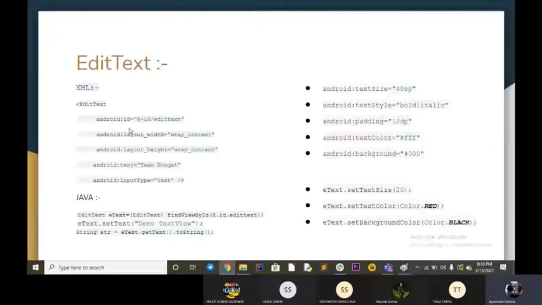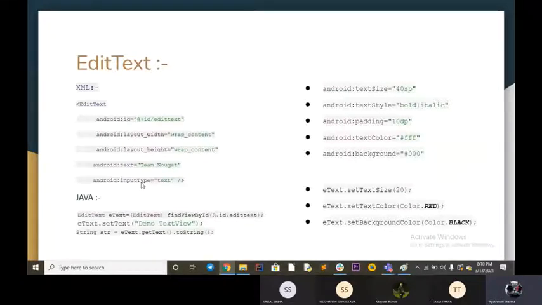Layout fit is the same. We can give it wrap content or match parent depending on our preferences. Now we have the text that we want to show in that EditText view, and the input type. You have seen that in some input types we have to give the email, in some we have to give a phone number, and the keyboard automatically changes to that input type.